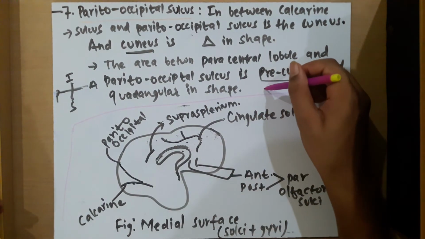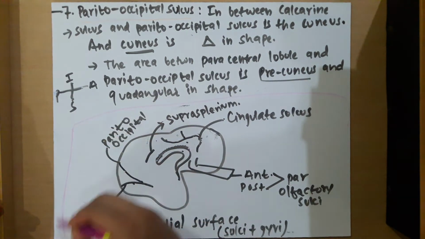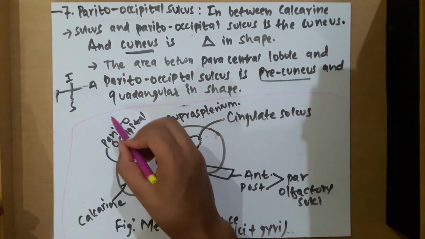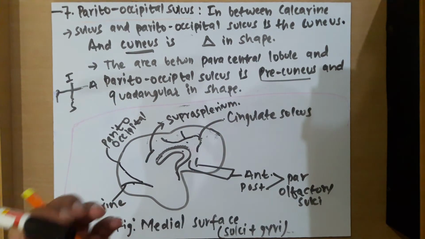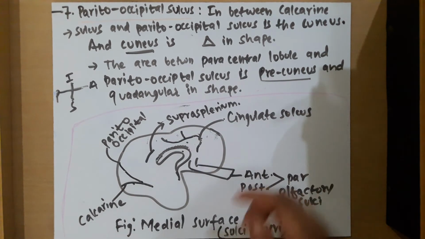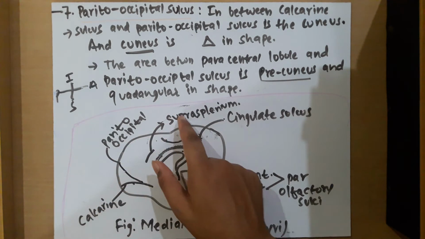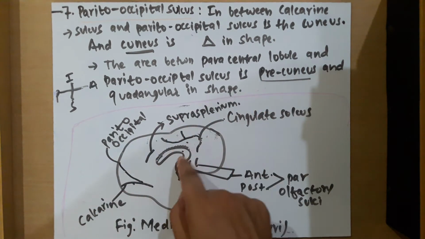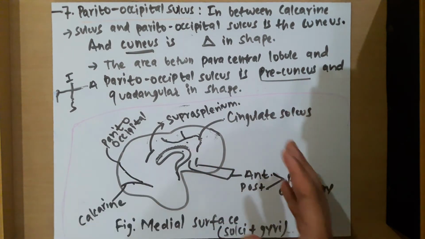Okay, this much was the continuation of the previous video, part 2, where we discussed up to the 6th sulcus, and then here we have discussed the 7th sulcus, and this is the figure, the diagram. Okay, we have mentioned 1, 2, 3, 4, 5, 6, and the 7th is the callosal sulcus. I am not trying to mention it because it will make the diagram more rough.